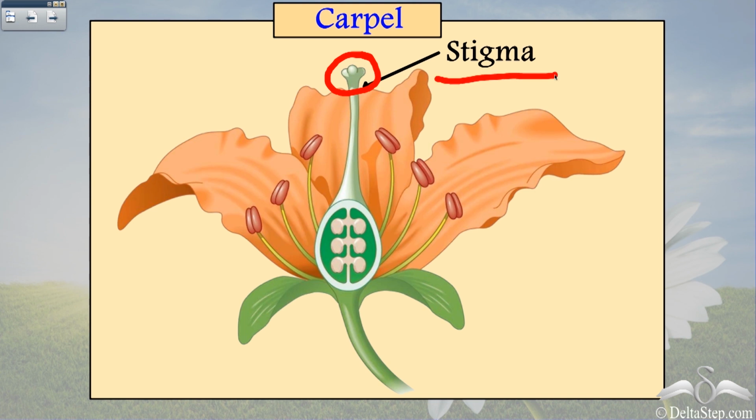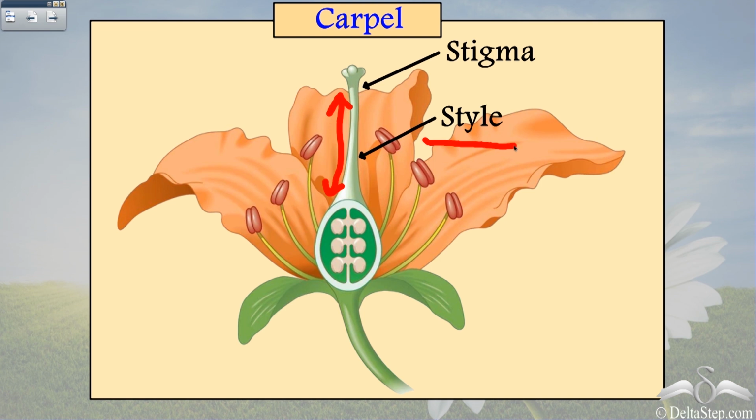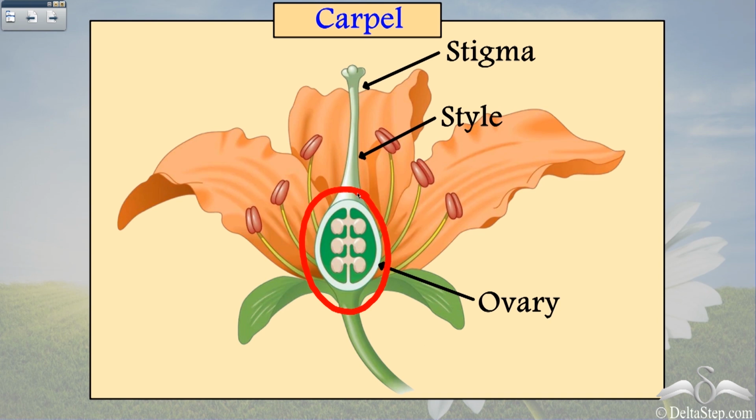This is known as stigma. After the stigma, we have this thin long neck. This is known as the style. And finally, we have got the round bottom structure. What is this? This is known as the ovary.